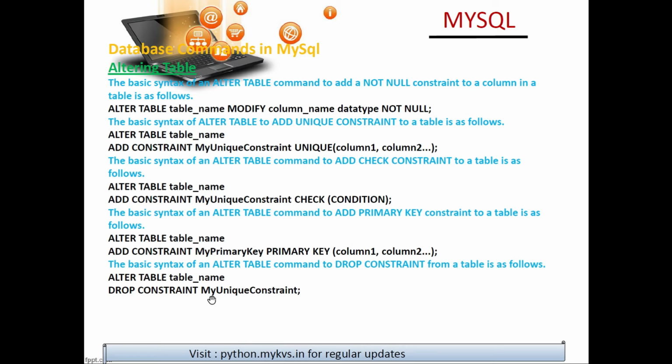Here it is given as the unique constraint. Unique constraint is meant for the constraint concerned. That's why alter table, table name, drop primary key. That is the constraint actually, because constraints are some basic filters.